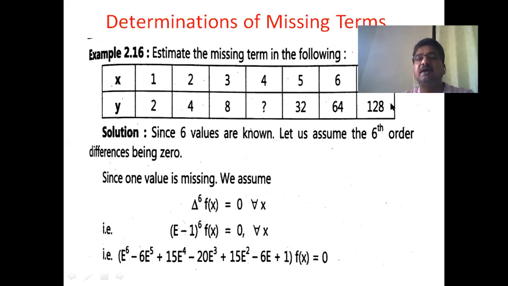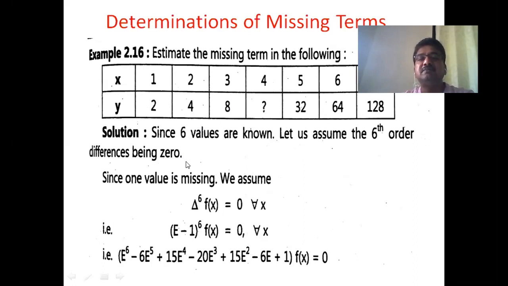These are the values of y or fx, and we have to find the term corresponding to 4. So here, how many values of y are given? 1, 2, 3. This one is not given. 4, 5, 6. So the first step is: 6 values are given, and therefore the 6th